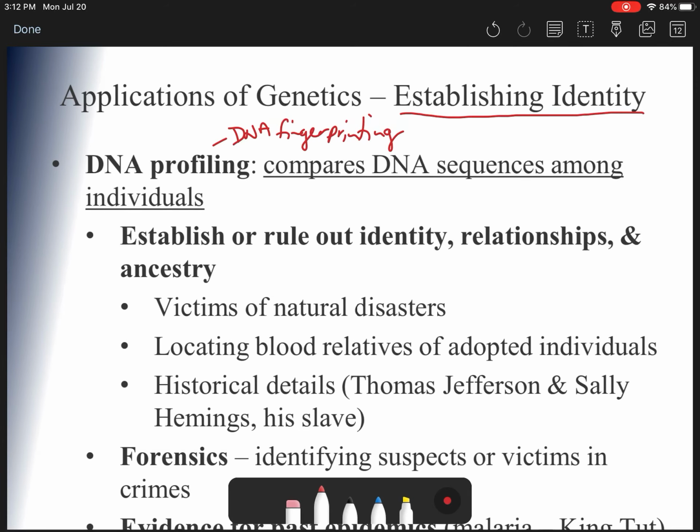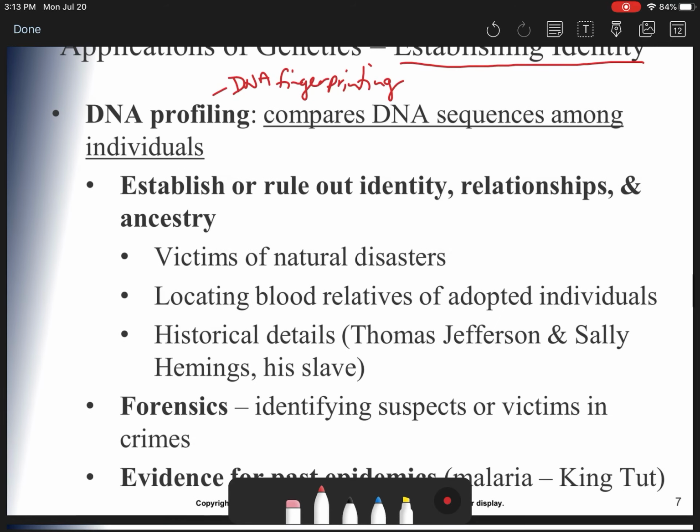What it does is it compares DNA sequences among individuals, and it can help establish or rule out identity, relationships, and ancestry. So in cases where there are victims of natural disasters where all they have are fragments of bodies, and they have to try to identify who this individual was, and there's not a whole body there, unfortunately, if they can get some usable DNA from what remains, then they can match that up with maybe a family member to determine the individual. Locating blood relatives of adopted individuals, historical details showing relationships between individuals,